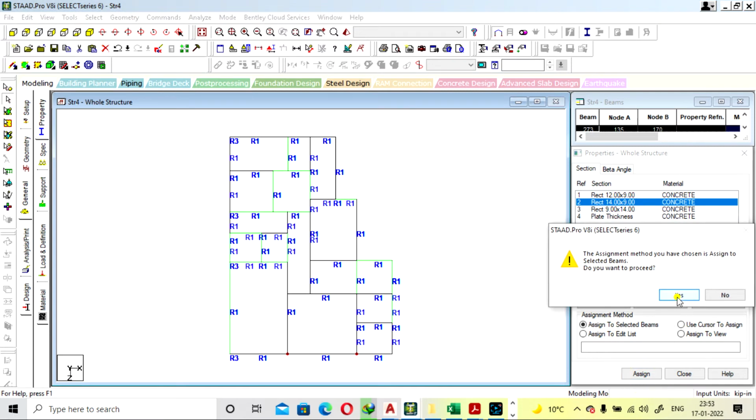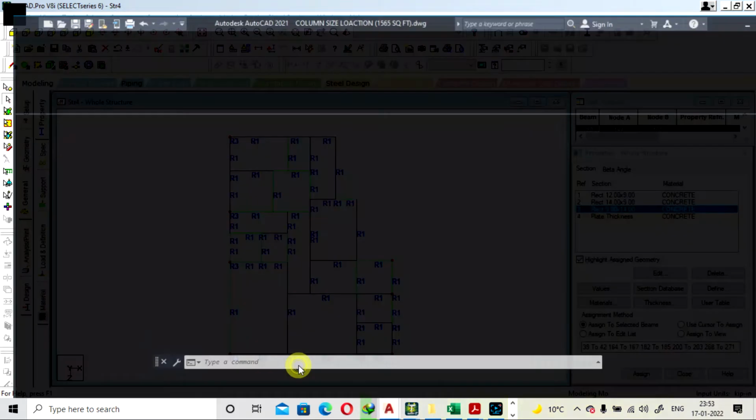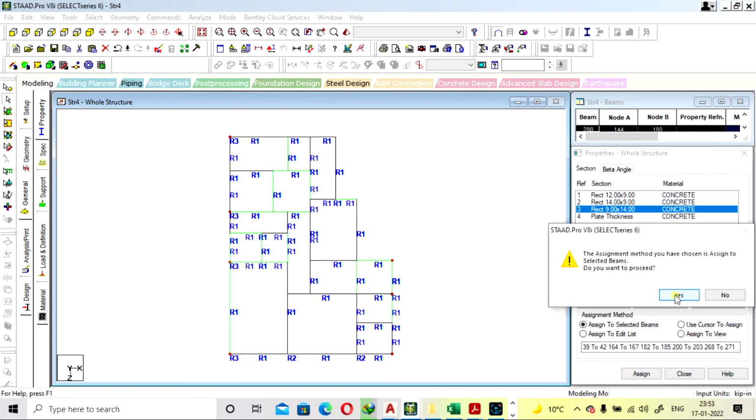Assign to selected, assigned. Again this will be provided as R3. Assign to selected beam, assigned.